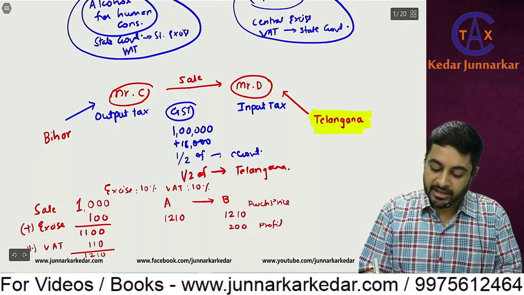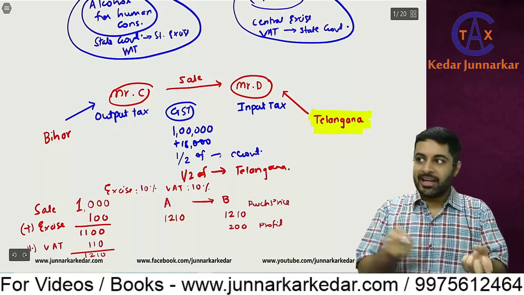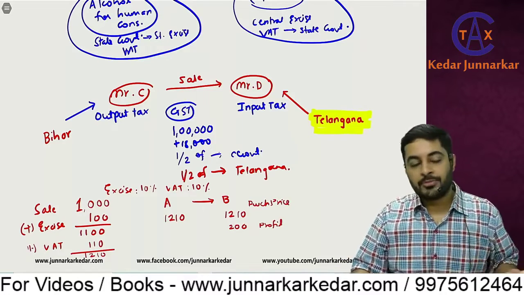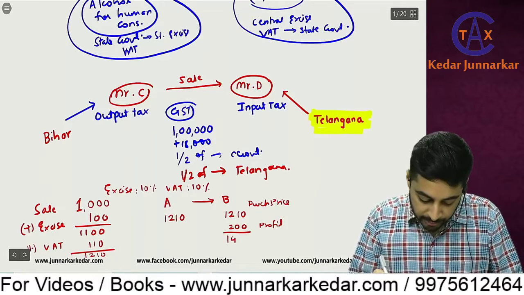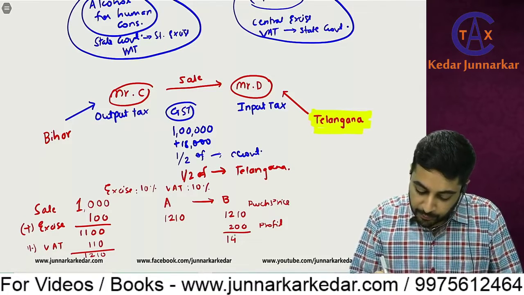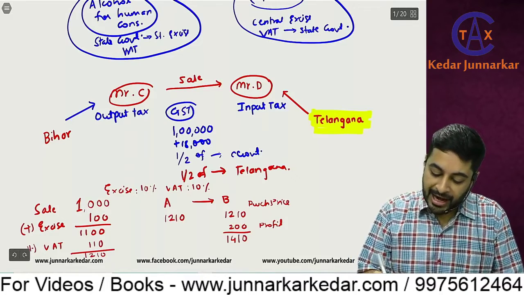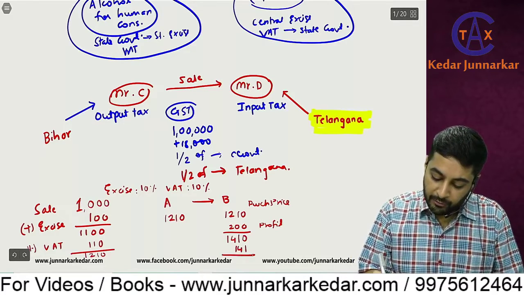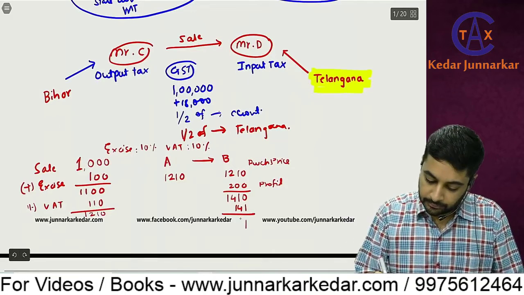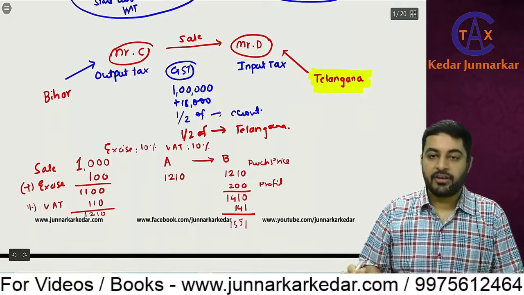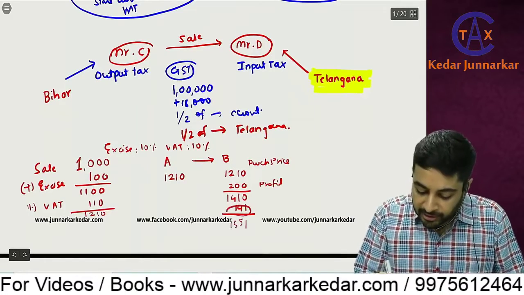Maybe they are just traders. Traders means what? He's purchasing and he's selling to someone. So 200 rupees profit margin added, and this becomes 1410, and then he will add VAT of 141, 1551. Now this 141,